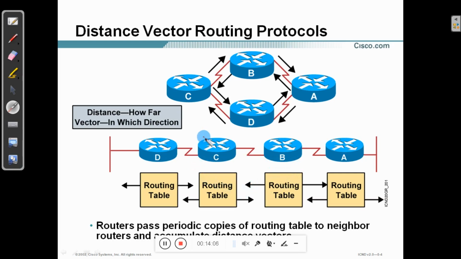This is the problem with the distance vector routing protocol. And sometimes distance vector routing protocols are called routing by rumors. Here each router will get the information from its neighboring router, compute the routing table based on it, and pass the routing table information to the other router. Each router will not have the complete topological view of the other routers or the entire area. We'll see this next.